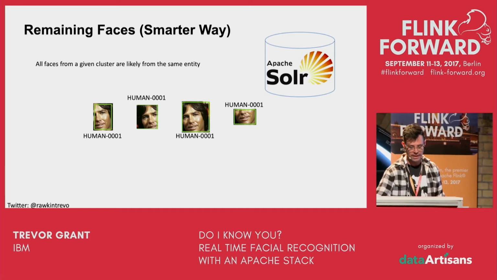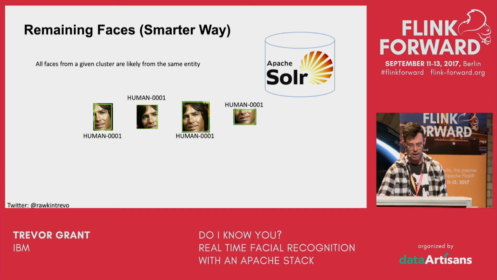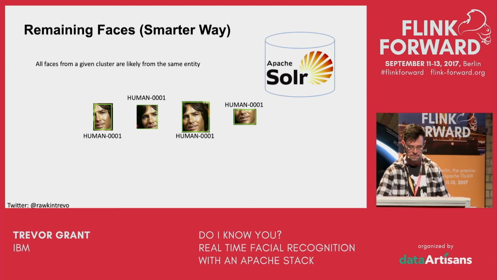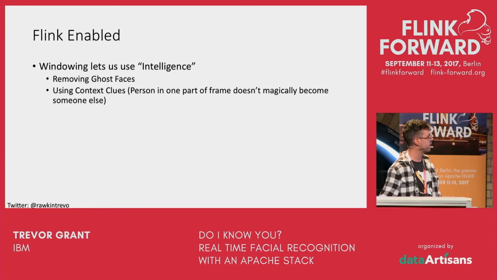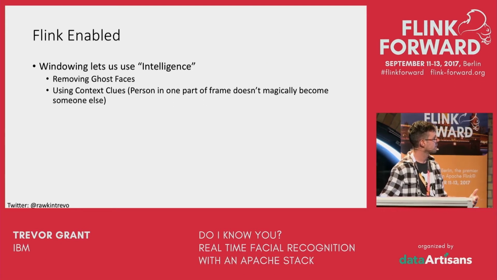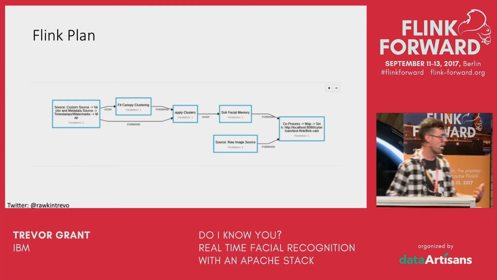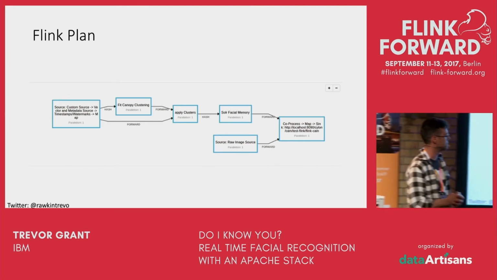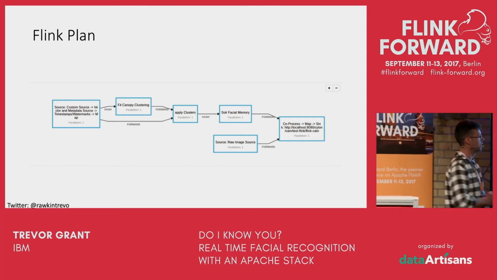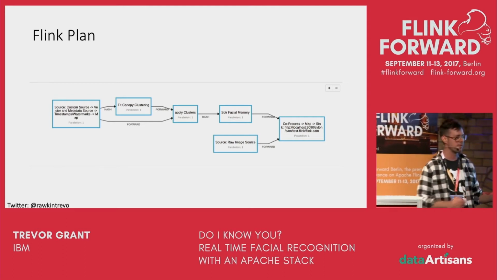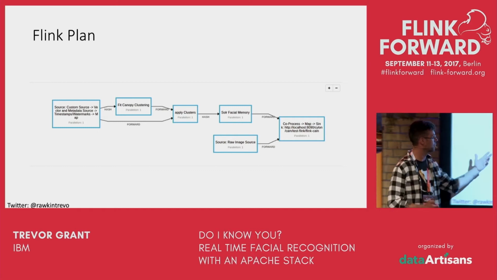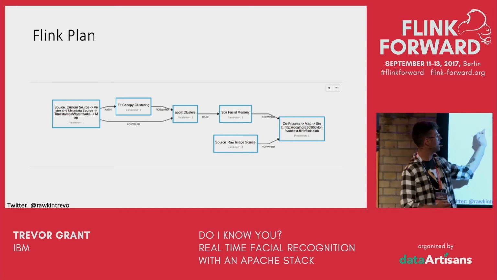You could really blow this out too with some complex event processing, and there's so many things, like I said, just off the shelf in Flink that are very turnkey that make this all a real easy and enjoyable experience. Windowing lets us use intelligence, but using context clues. Because we're all actual Flink users here, or maybe have at least heard of it, this might be more informative than my fun PowerPoint demos. This is the actual plan of the job. We're catching